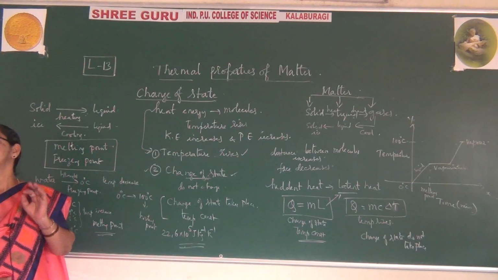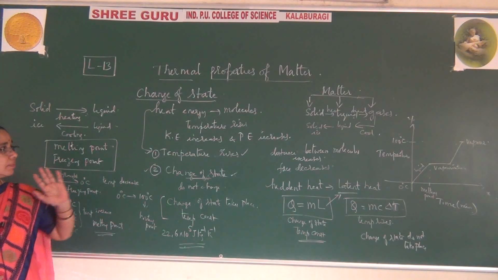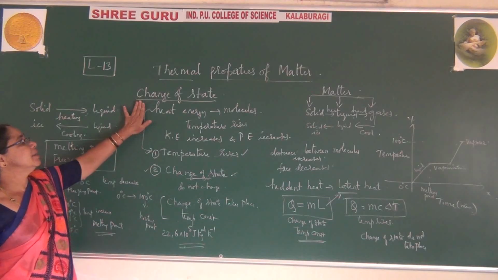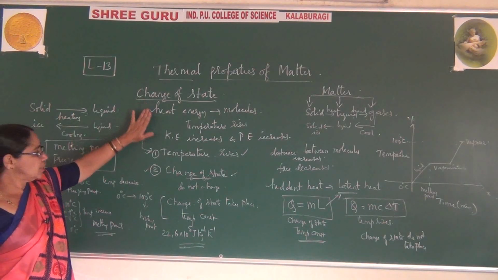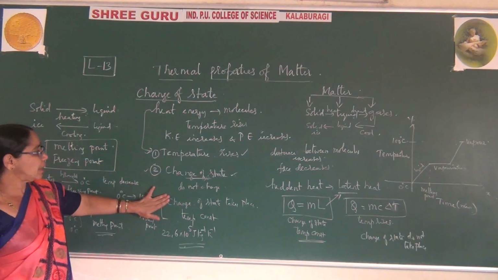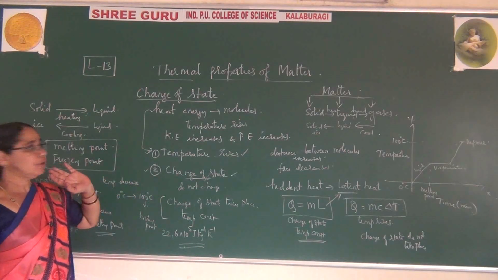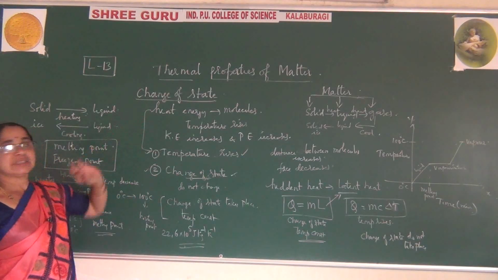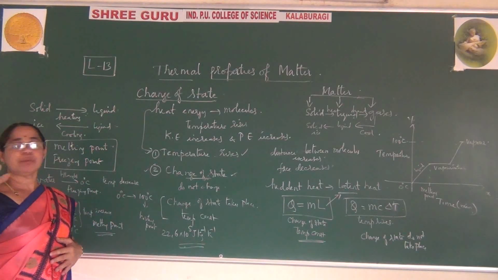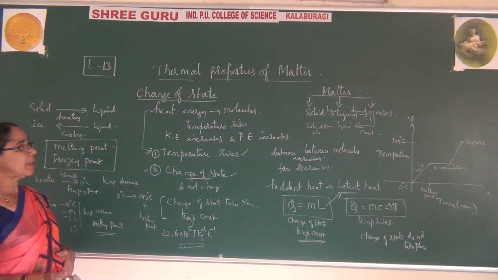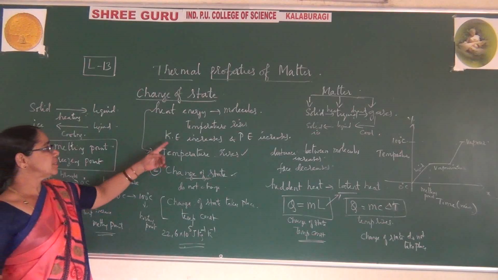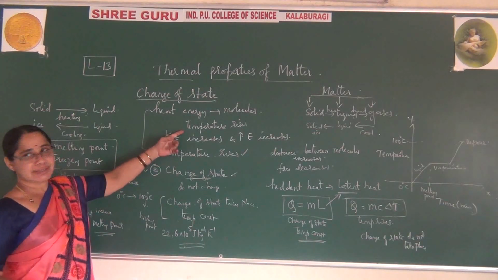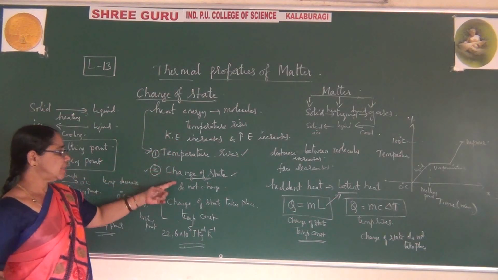That is called latent heat. So today we have learned one change of state. Using this, these are the processes we come across. So please be careful. When we explain change of state, remember, in the first step I am supplying heat energy to the given molecules. When we supply energy to molecules, two processes take place: the temperature rises in the first step, and in the second step, change of state.